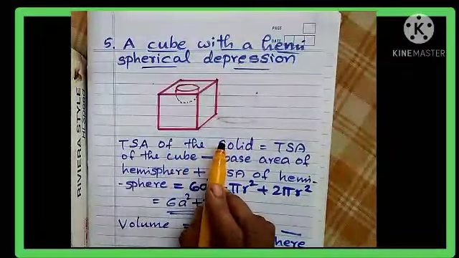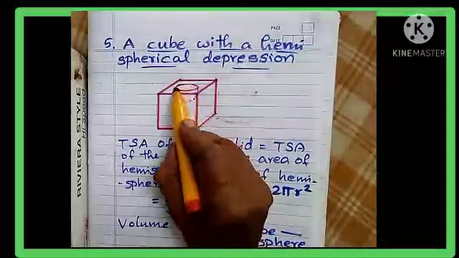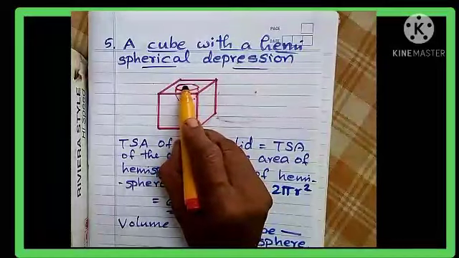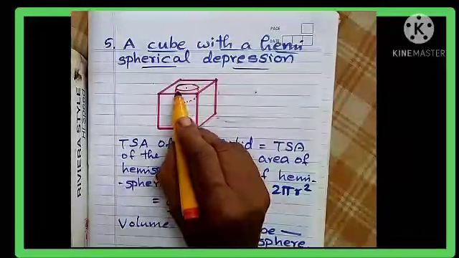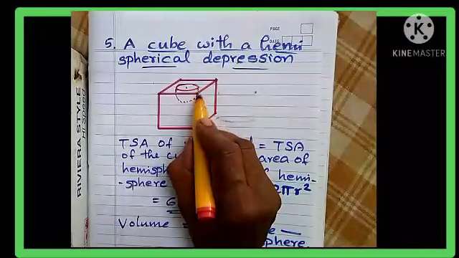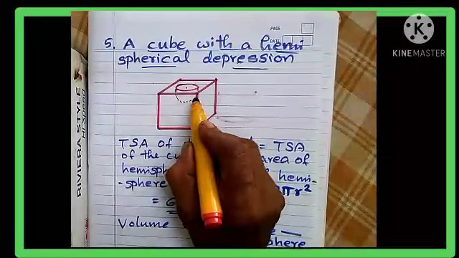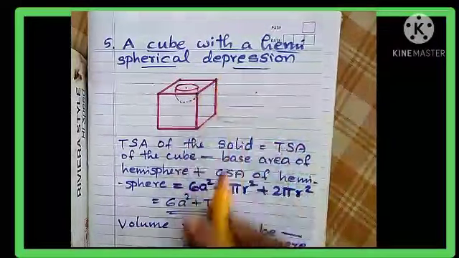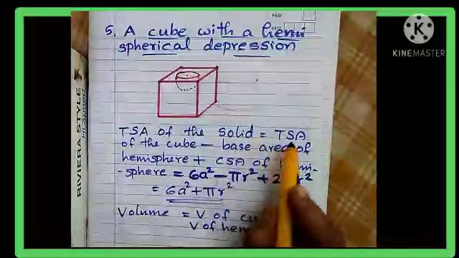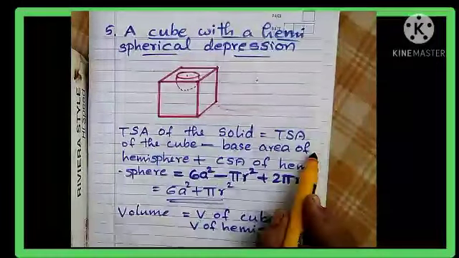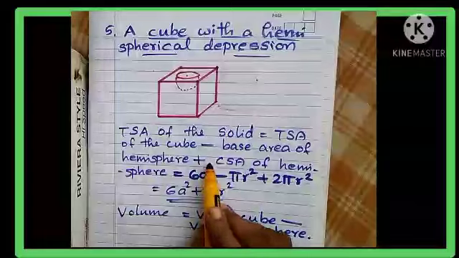That will be the same as the previous case, because this circular portion is a depression, so no need to paint here. But here the hemisphere is there, no? For this hemisphere, the curved surface area we need to paint, because the depression is there. Therefore, the same formula, that is TSA of the cube minus base area of the hemisphere plus CSA